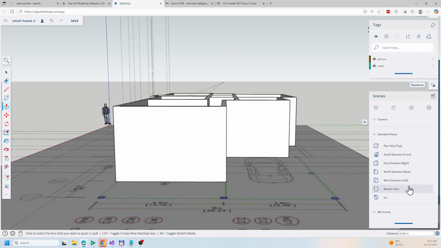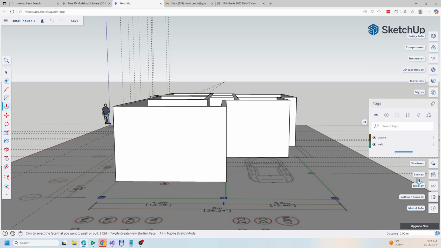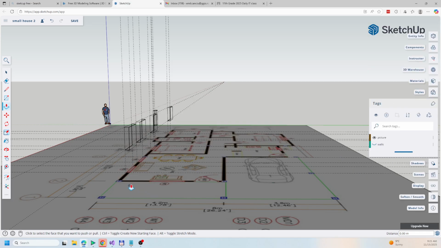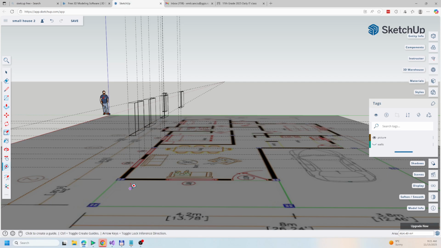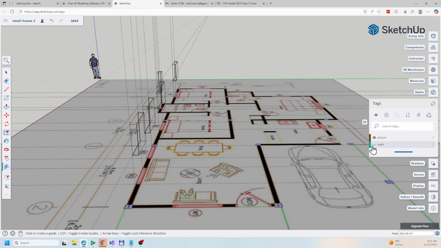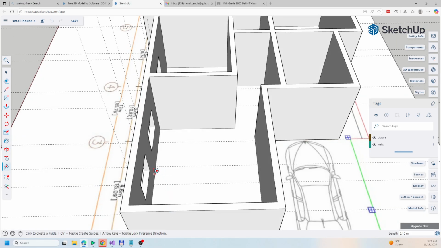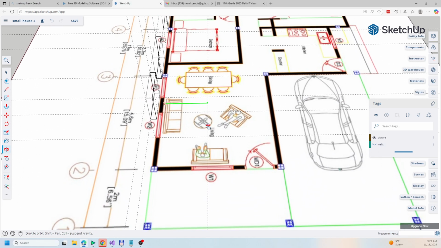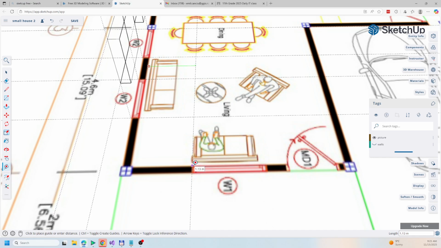I drag a little bit, I disable the scenes, disable the walls, and again enable the walls just to have the reference. I drag the guideline, I disable the walls now, shift drag,